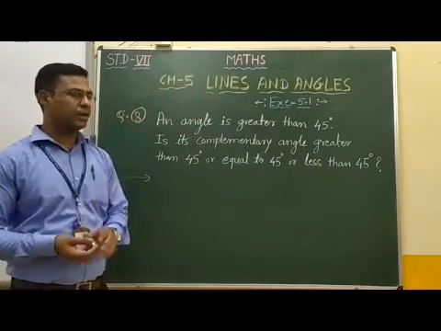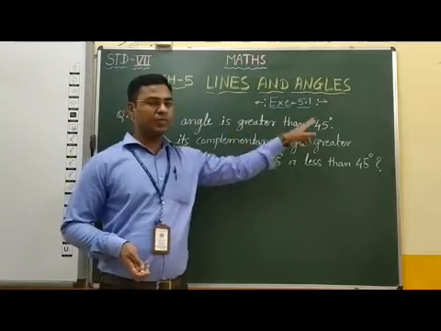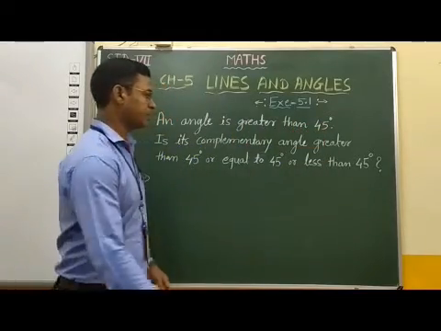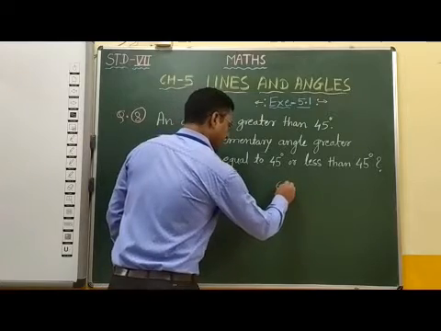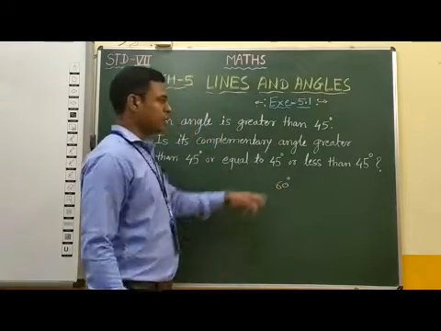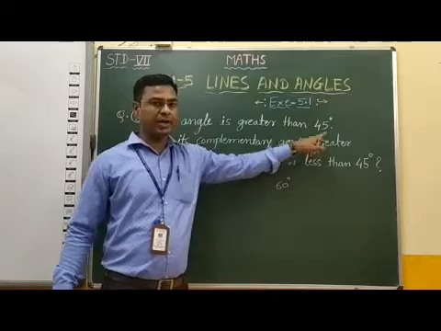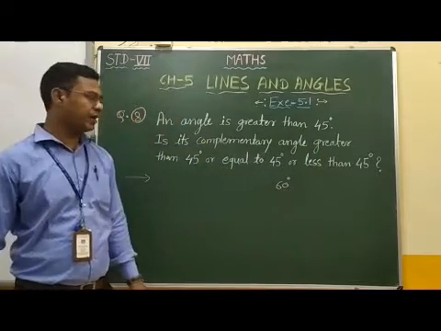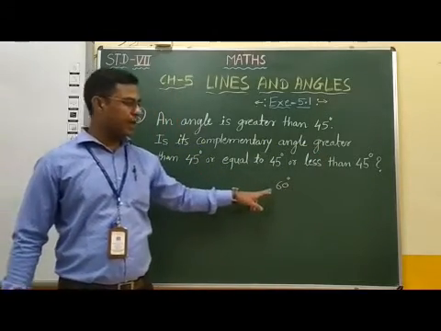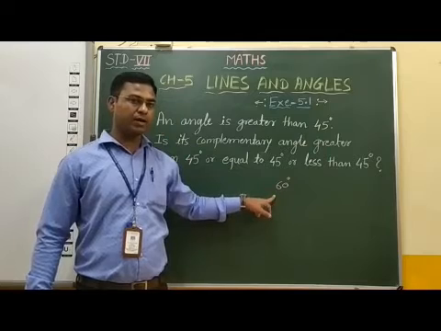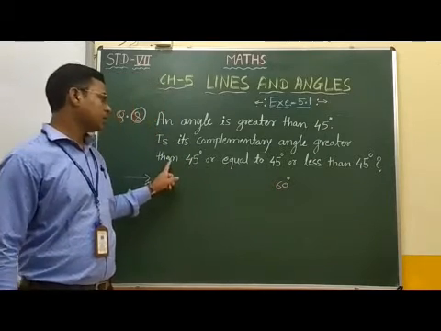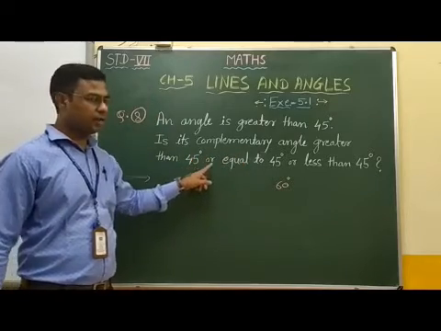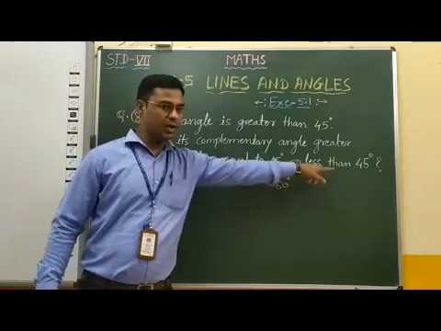Here we have to take an angle greater than 45 degree. Suppose we take a 60 degree angle, which is greater than 45 degree, and we have to find out whether the complementary angle of the given angle is greater than 45 degree, or equal to 45 degree, or less than